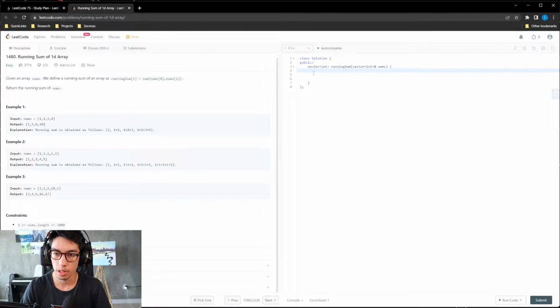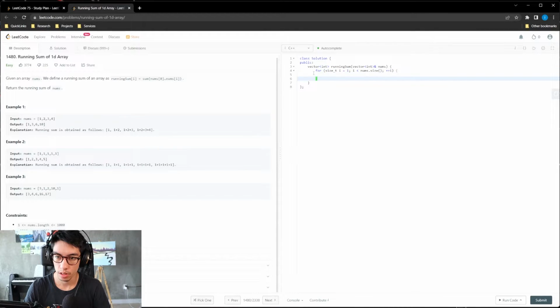We need to iterate through the array. So for size_t, I think, is the data type, i equals 0, and then while i is smaller than nums.size, we want to increment, and at this point we just want to add the previous index to the next index.